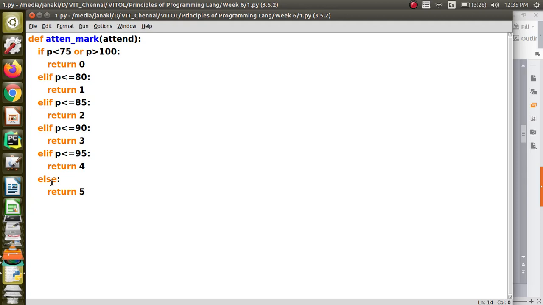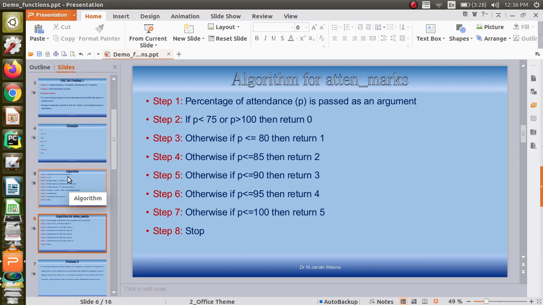See, in certain places else may not be required when we are writing a function, because when a return statement is above, if the condition was satisfied, then the function would have returned control to the callee function which called it. Okay, so it may not be required. Here in this place, this else is not mandatory. Even if you are not putting it, it will work fine. Okay, so the function is ready.